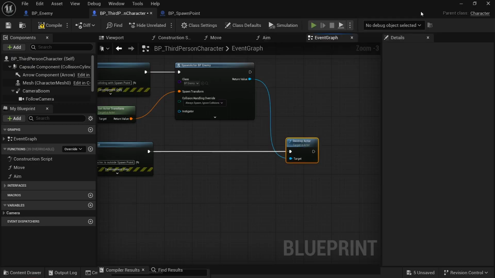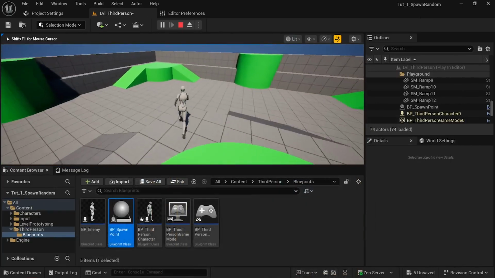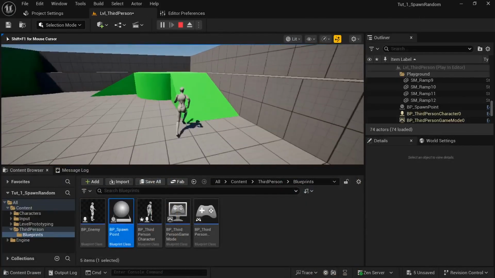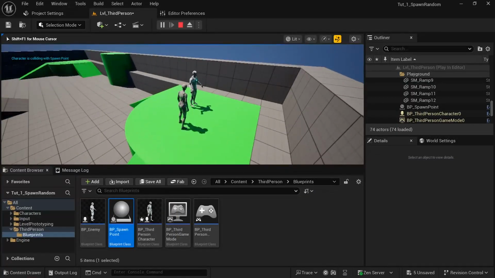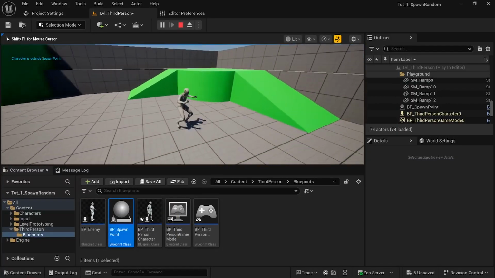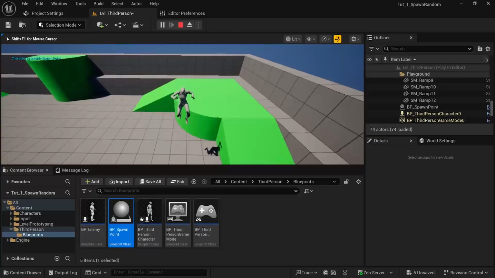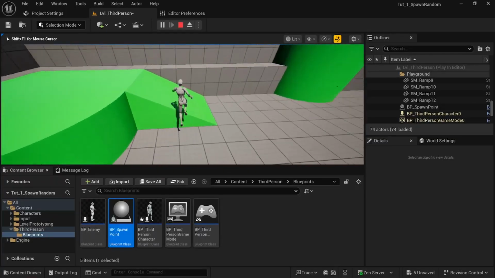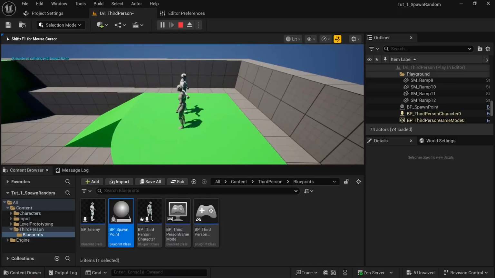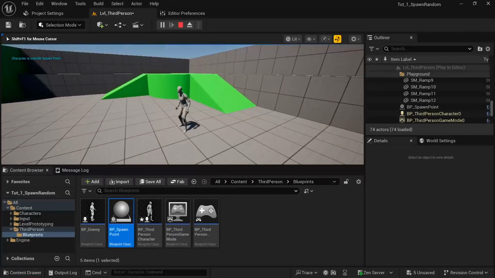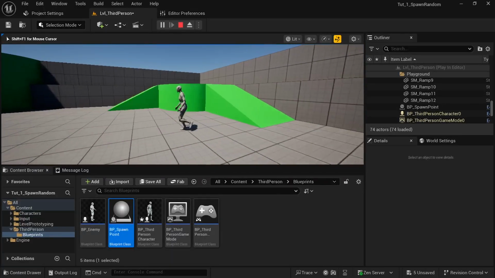All right, so let's play. And I'd like to test this out. So now we got our character. So if we are far, you can see that the character is destroyed. Now it's spawned, destroyed. But I don't want to keep it like this. This way it looks generic or expected. So I'd like to destroy my enemy